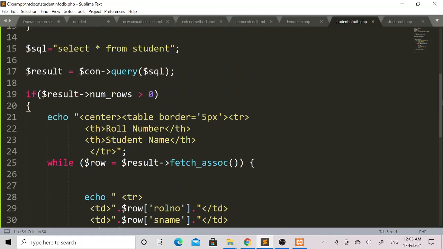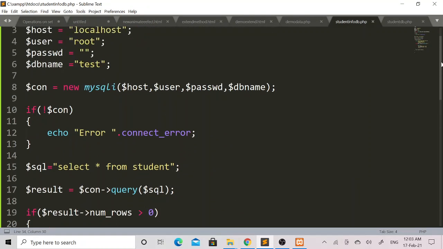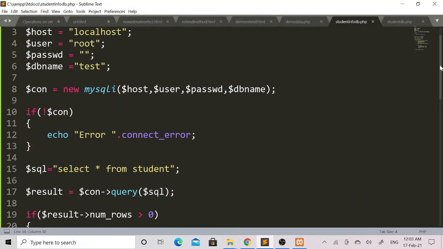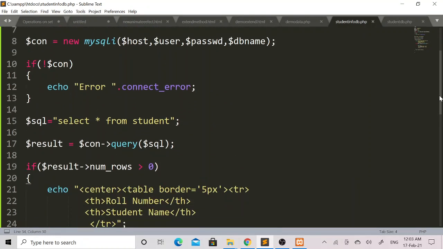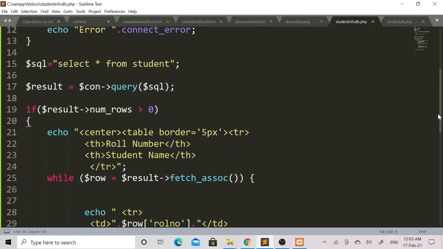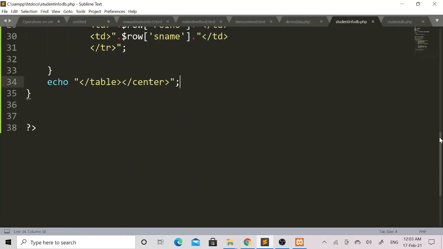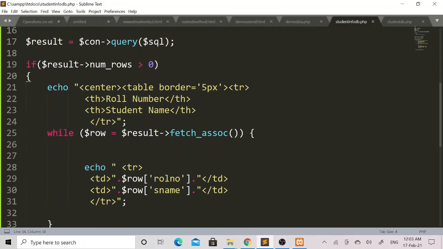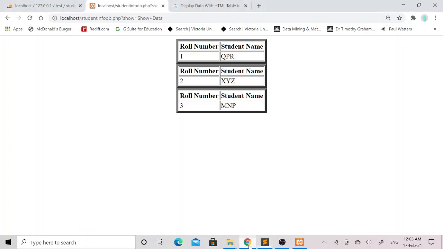So this is the select query, and I have fetched the records from the student table in a table tag. So to see the output, I will simply refresh this student info db.php page.